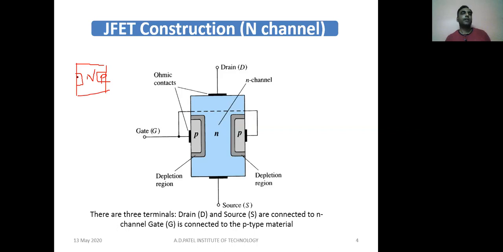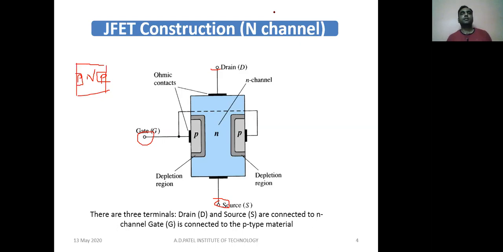Okay, so over here we are adding two P-type materials, which are heavily doped, into this N-type material. So there will be creation of the PN junction over here. As you can see, there is a PN junction created, and this material is the N bar. Wherever my red pointer is going right now, that is N material. These are the P-type, so there will be a junction created over here, and these are the three terminals: drain, source, and gate.